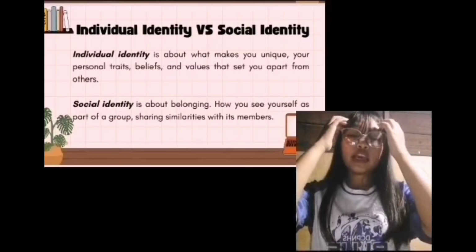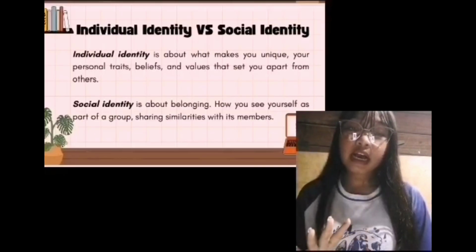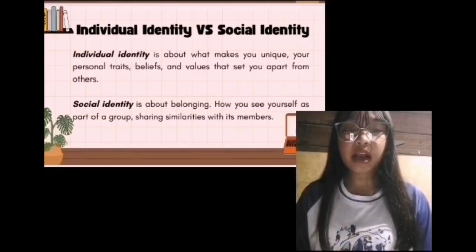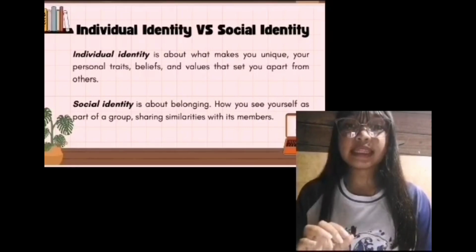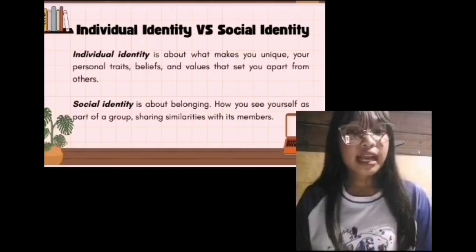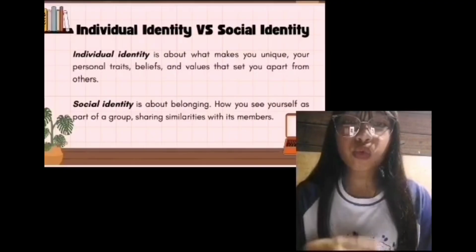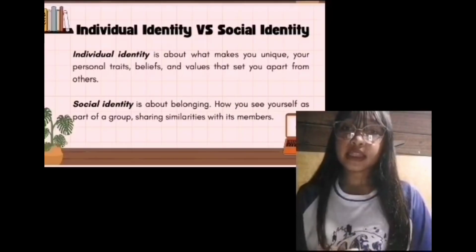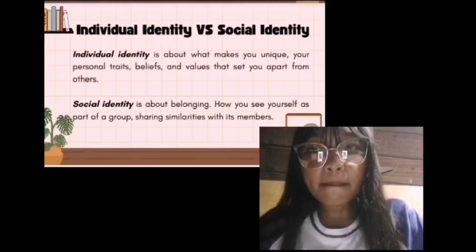Like for example, if your friend group is like the ones who study hard and are quiet. So at that moment, your social identity is that you become quiet, like you also study, because you feel that you belong if you go along with what the group is doing, right? Like now, for example,